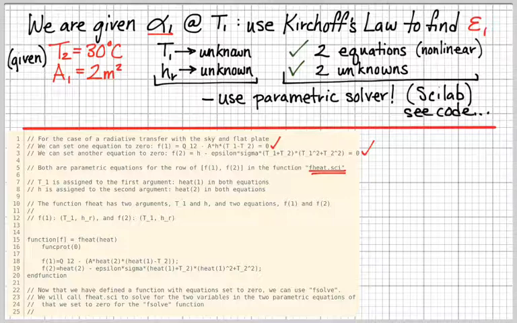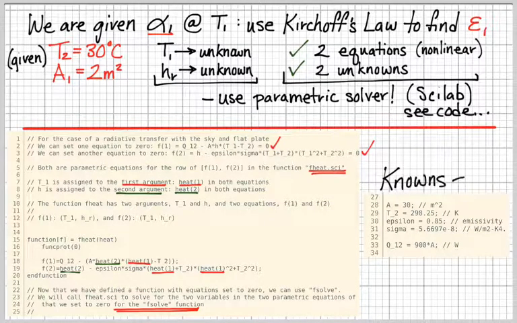So we've defined a function with equation set to 0, and now we're going to use the parametric solver in Scilab called fsolve. We are going to save this file as fheat.psi, and we'll solve for those two variables with the fsolve function. We need to put in some knowns though. Oh yeah, that's just connecting the different arguments together in the code for you to look at for later. You can feel free to come back and pause here and just compare code. Okay, we need to put in some